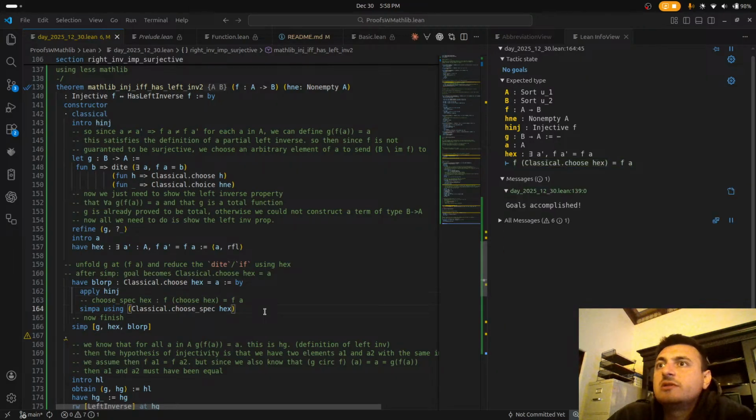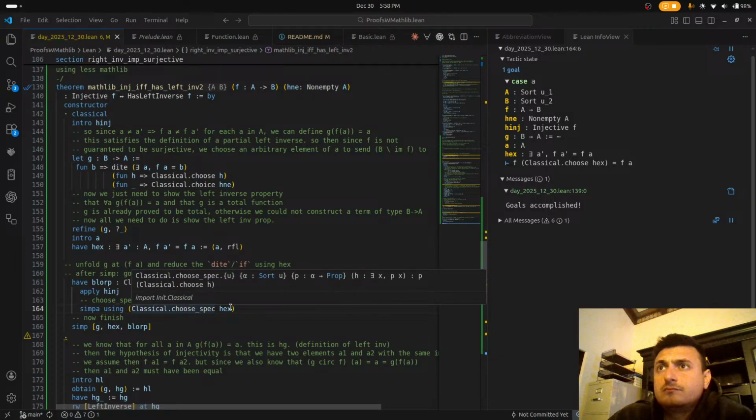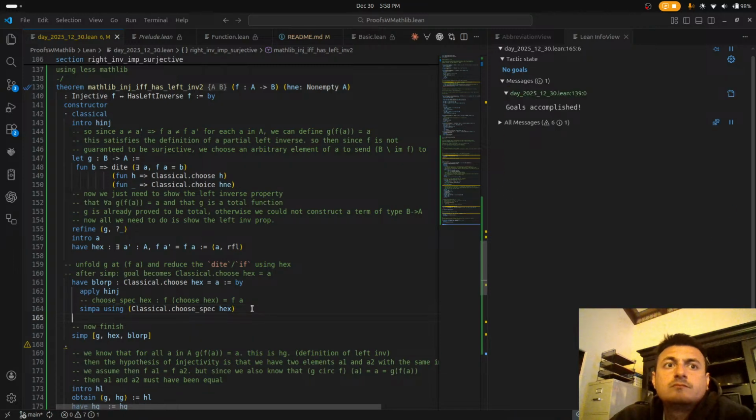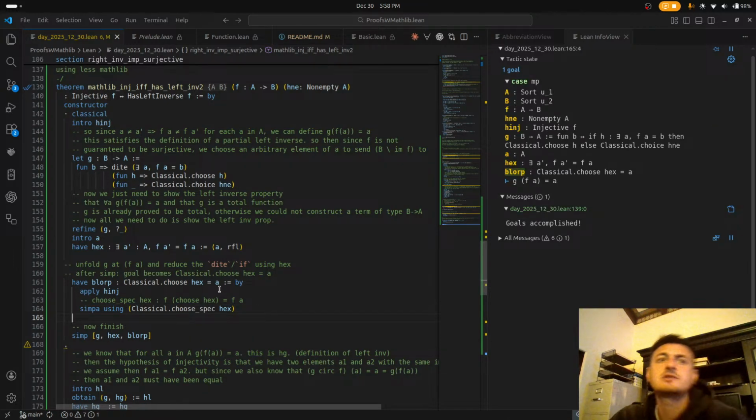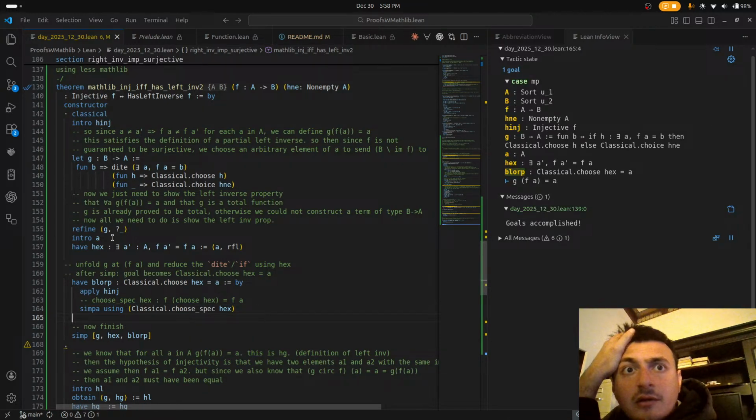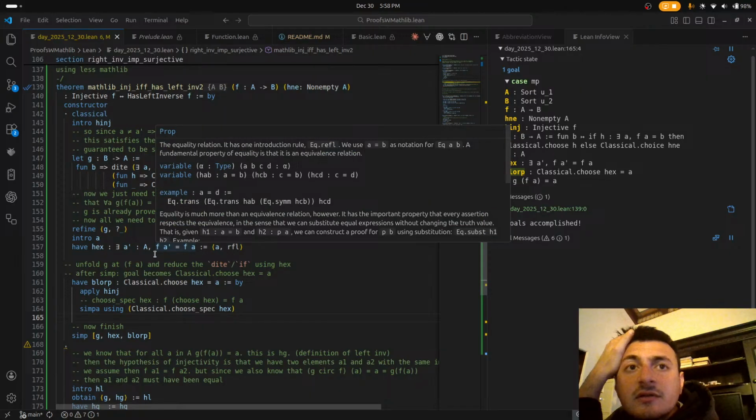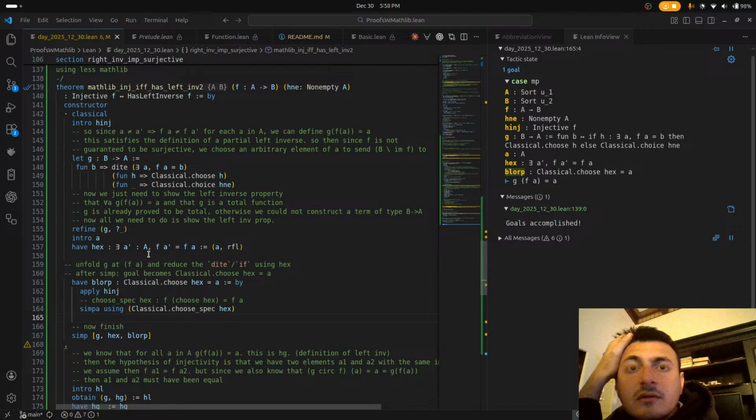So what happens here? Okay, so here we showed that choosing an element a prime